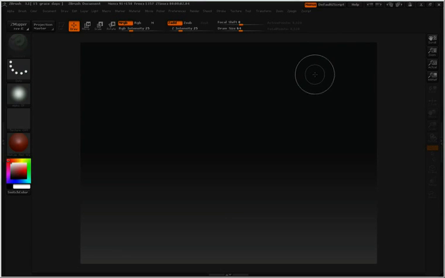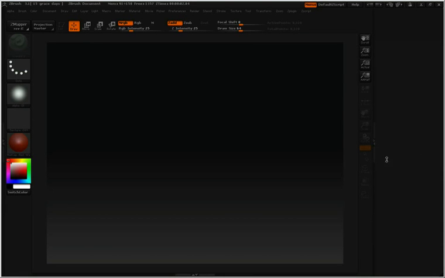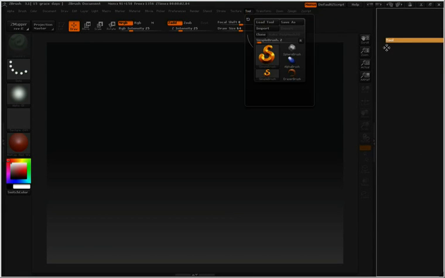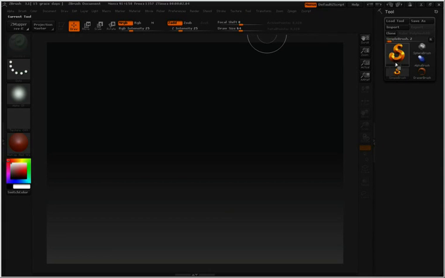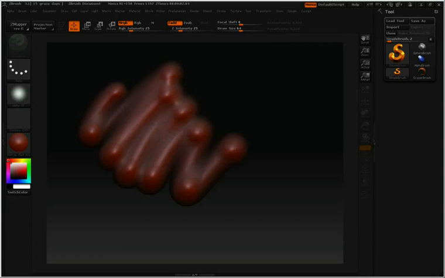Let's take a look at just a few of the brushes located in the tool options. I'm going to open my shelf over on the right hand side by clicking on the double arrows, go up to Tool, click on the swatch, and then drag that over to the side. Now by default you have your simple brush active, which allows me to just paint a stroke here inside my